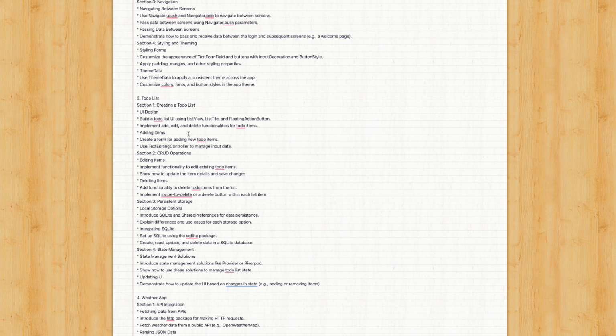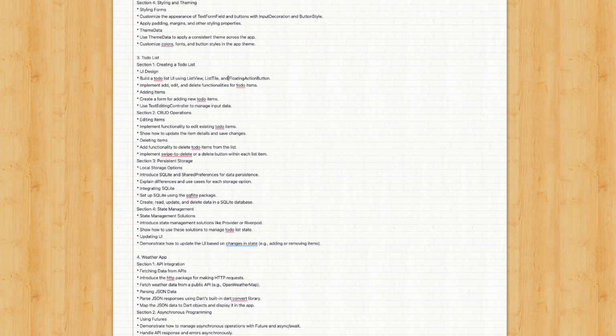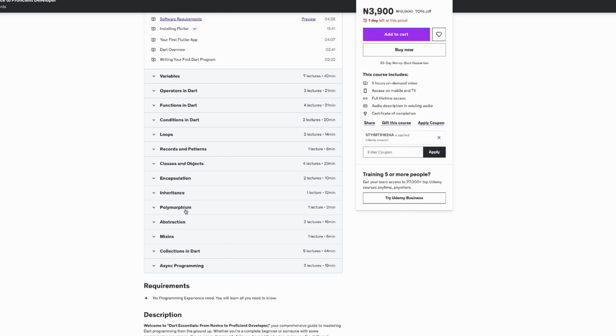The next app is a to-do list. This is where we test your knowledge. We introduce you to working with lists. In fact, most apps that you'll be working on have some sort of lists. So it's important that you do the to-do list, which looks popular, but it introduces you to the concept of mutating lists, manipulating lists, and collections. You probably will see that a bit in the Dart Essentials course, where I talk about collections in Dart.